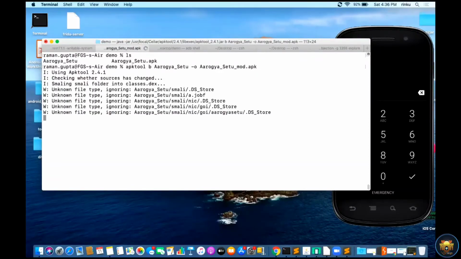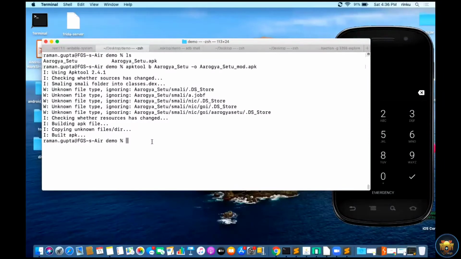Try to recompile it. Yeah, you can see my APK is ready, arogya_setu_mod.apk.